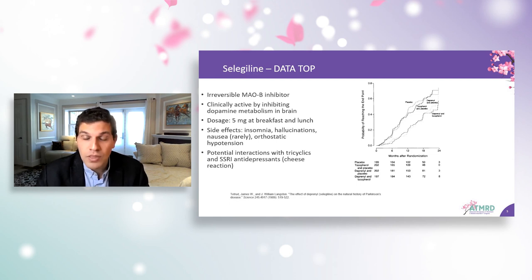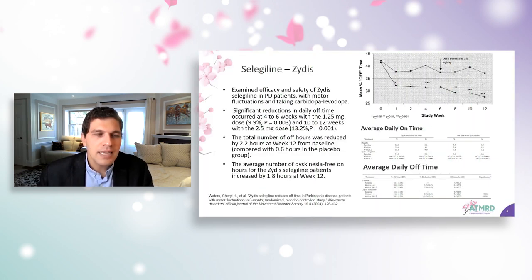Of course, whenever we think about all of our medications, we have to think about side effects or adverse events. Insomnia, hallucinations, nausea, orthostatic hypotension are things that we think about. And you're going to hear that throughout this entire CME presentation. A lot of these concepts of how we weigh the risks and benefits when presenting any therapeutic intervention. Now, when we think about the next study utilizing selegiline, remember, this other study published in 2004 actually looked